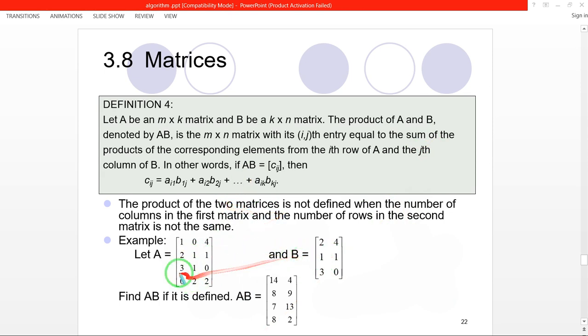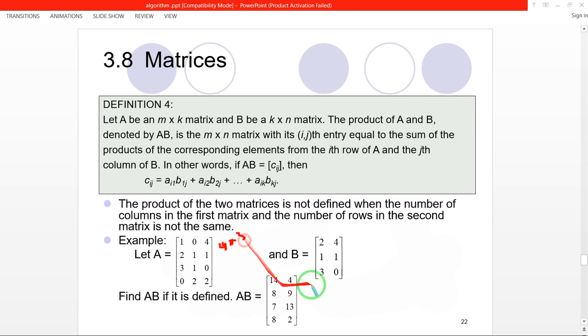We take two matrices, matrix A, this one, and matrix B, this one. So what is the order of matrix A? 1, 2, 3, 4, 1, 2, 3, it means 4 cross